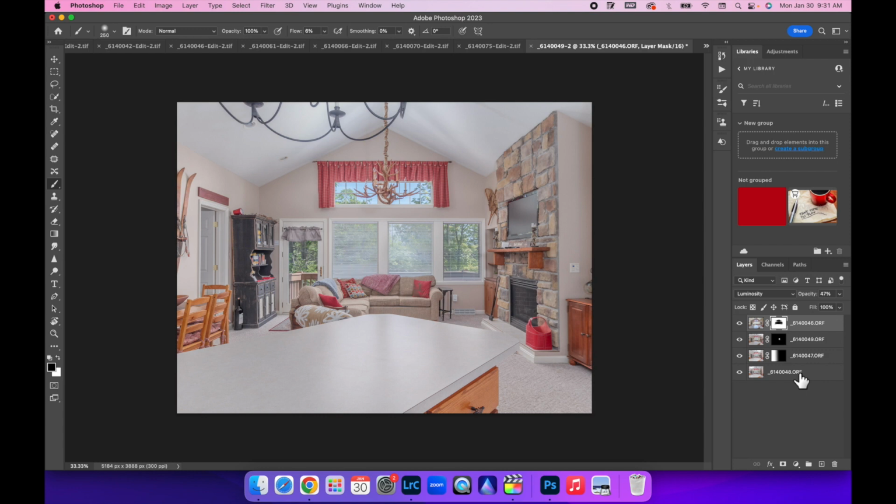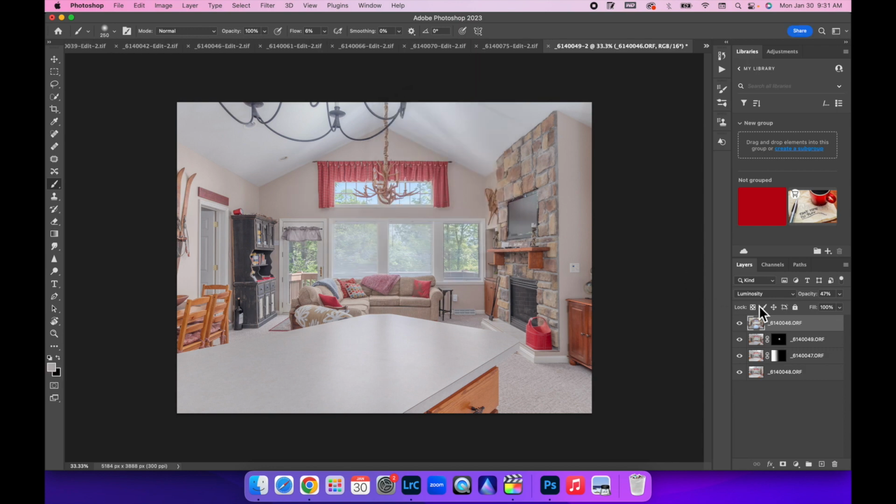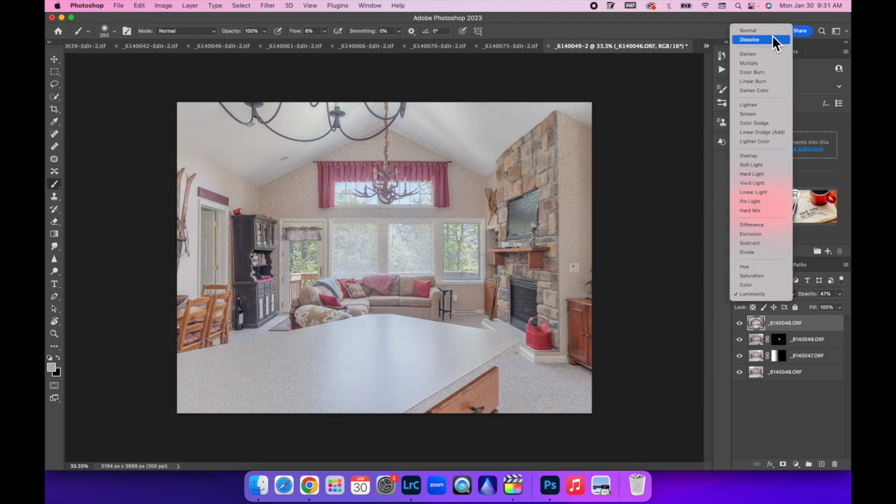So I'm going to show you another method, because I do preach a lot of times to stay away from luminosity mode. It'll save you time. So I'm just going to discard this. We're going to start over. So if you're running into a situation where luminosity mode is causing color issues in the shadows or the highlighted areas, which will happen from time to time, you can still do the 50% method, leave it at normal,